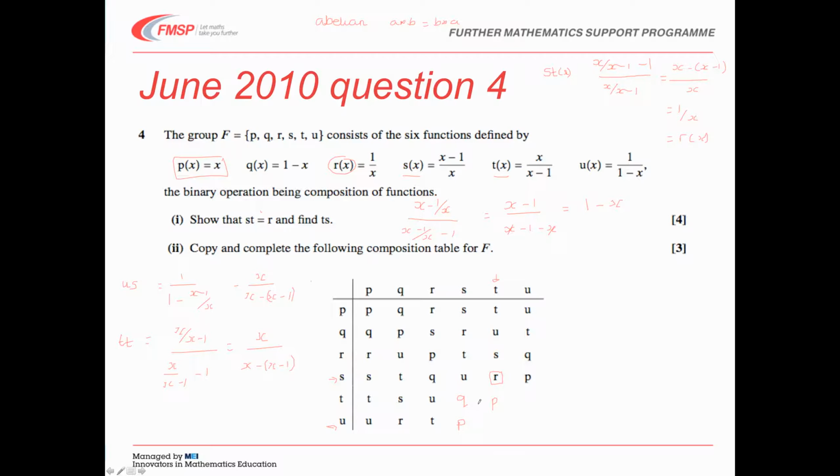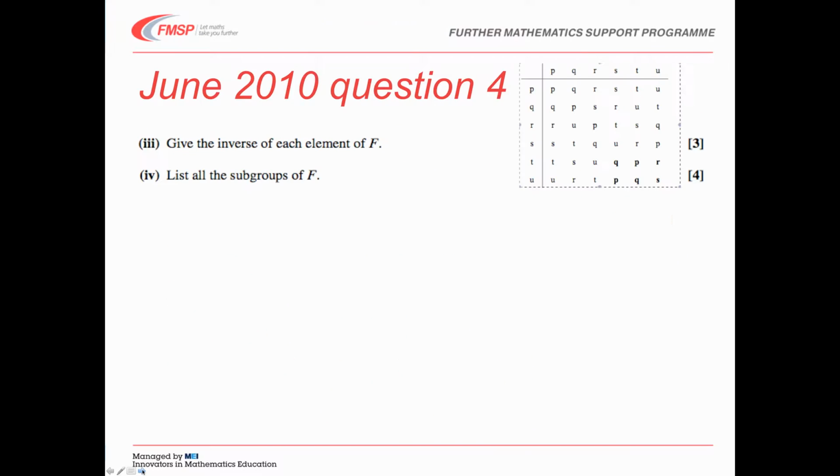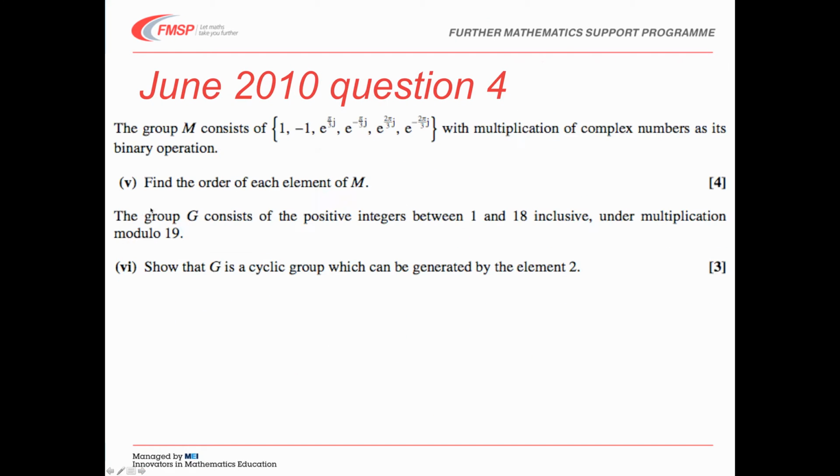but we can have a look again and we can see that in the T row, we haven't got an R, and in the T column we now haven't got a Q, and the U row and column we haven't got an S. But it may be worth just double checking one of those to make sure that you haven't made a mistake. But you can use that fact that every row and column has each element in it once, only once, to fill the rest of that table in, particularly if you're a bit short of time. So I've put that table up here for us to refer to, and we're going to look at part 3 of this,